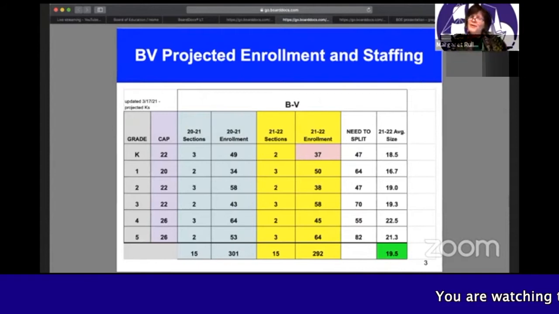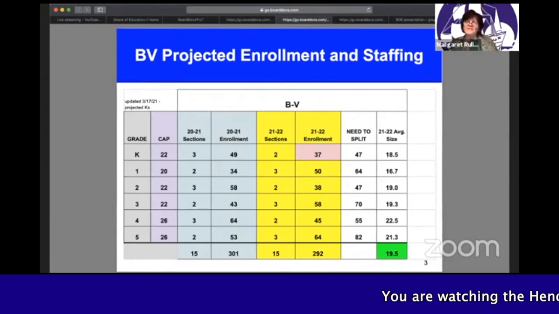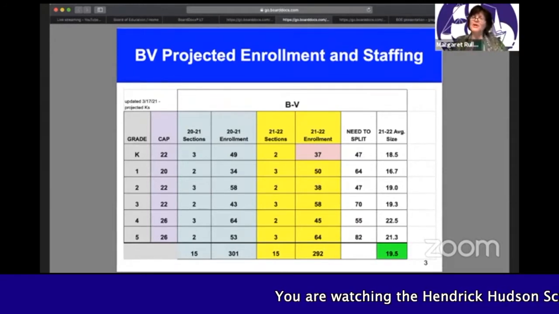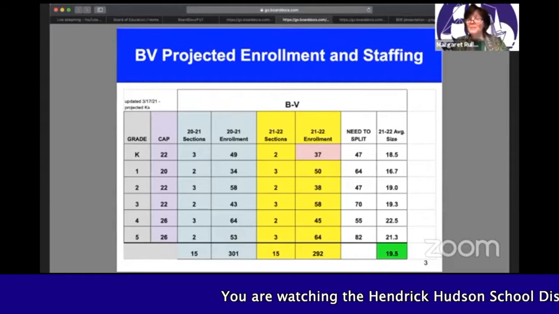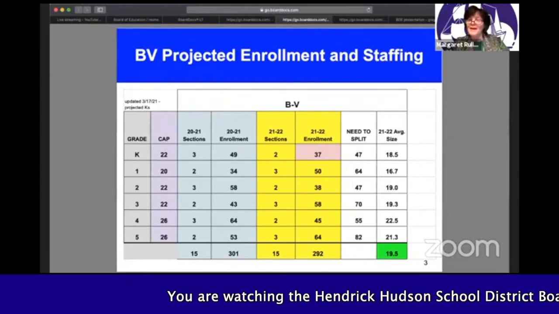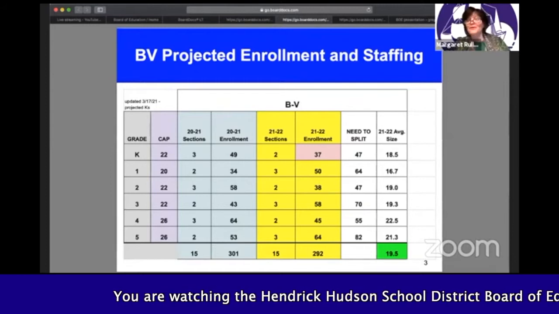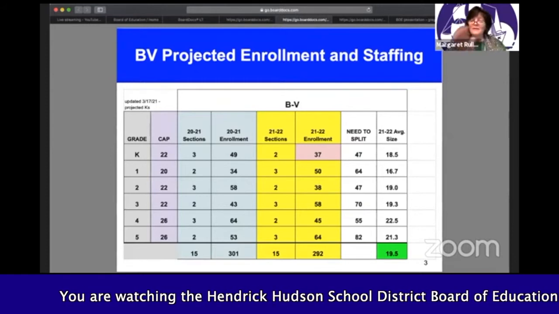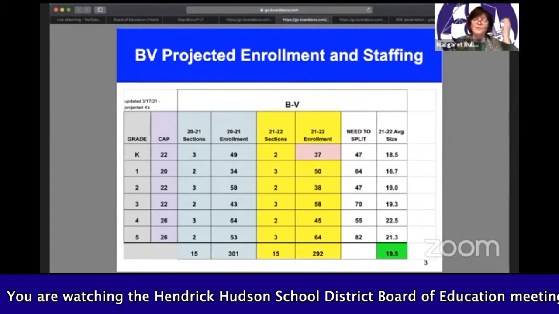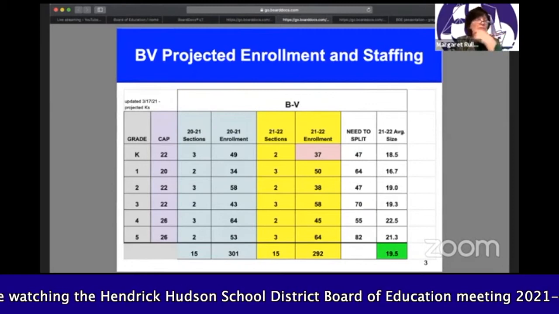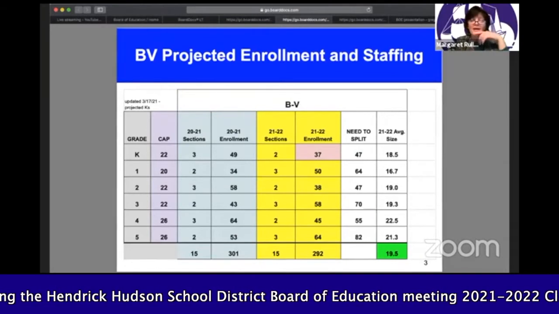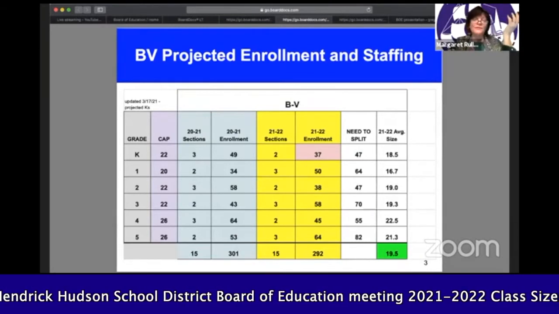And kindergarten enrollment is always a funky thing. Very often, we have students showing up halfway through September. Oh, school is on, here I am. So that number can fluctuate greatly in either direction, but nonetheless, it's there for us as a planning tool. So that's the first thing. You see in the purple, the cap size, which is board policy for every grade level.